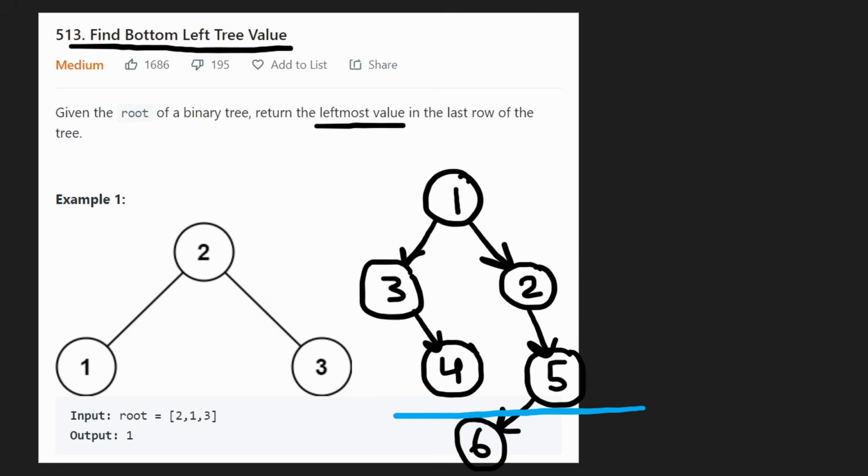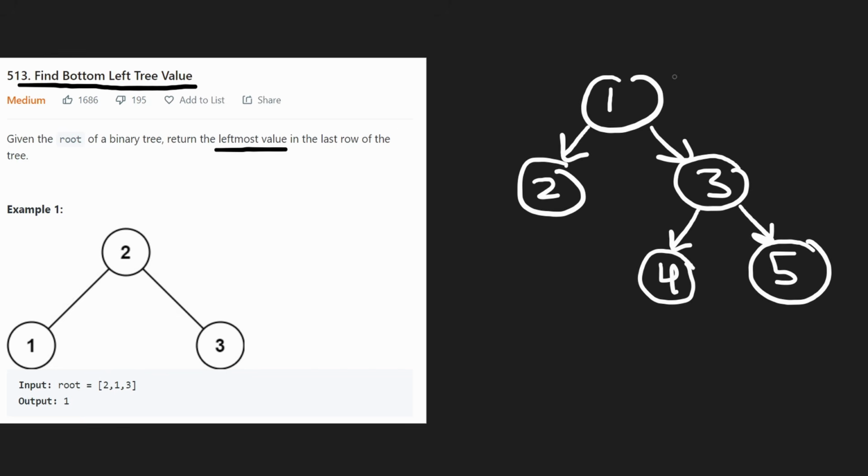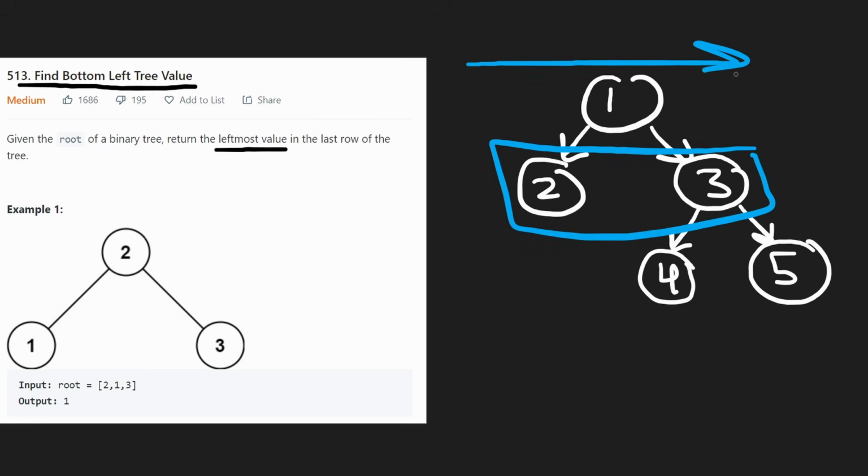And of course, by the time we get to the last level, we will be able to know that it is the last level, and all we need to do in that case is get the value of the leftmost node in that level. So my question to you now is, when we do this level by level, should we traverse each level from left to right, or should we traverse it from right to left? Well, we could do it either way,